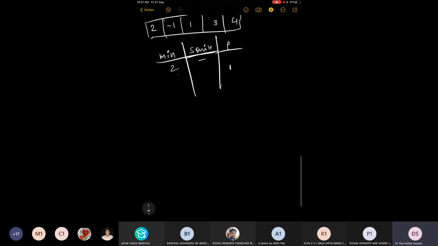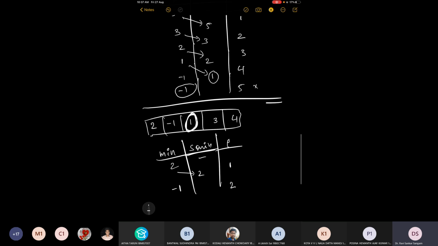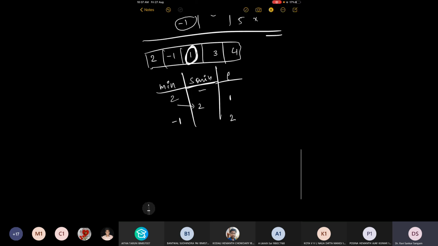Yes, condition met. Then second minimum is 2 and minimum is minus 1. Oh, now you mean to say that when I equals 2... very good. See, like this you need to analyze. Excellent.